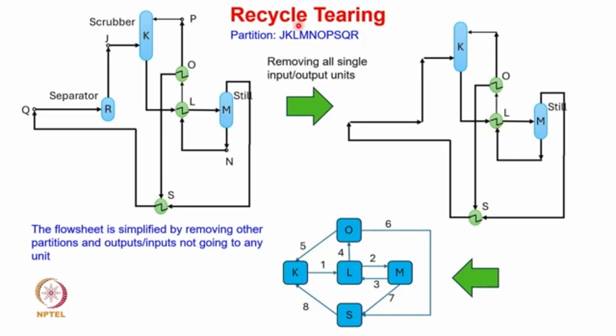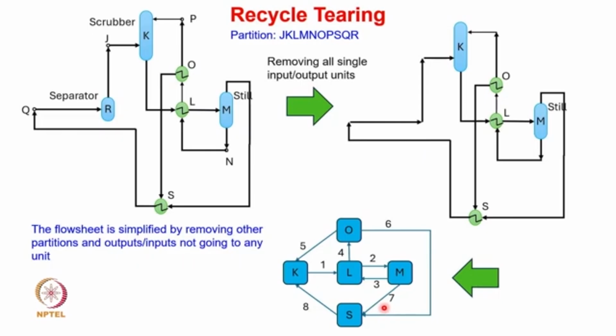And also we have removed the units which are having single input and single output, like the unit Q where there is a single input and there is a single output. So that is also we have eliminated from here. So our resultant flow sheet becomes like this. Now this resultant flow sheet again can be represented in a simplified form like this. So where you can see that these individual lines are now represented as streams, and these are